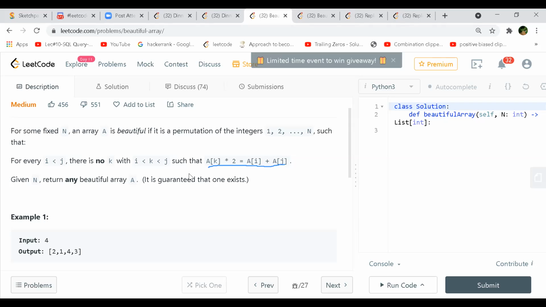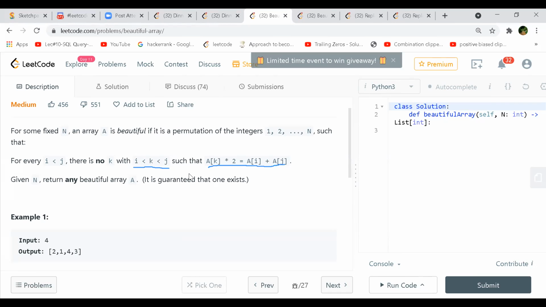Every case, So also you look for this k, these two things. Your k should not be between i and j, if this condition is satisfied. If you are able to avoid that, then you're done. You don't have to worry about anything else. So how do you do that? That whole implementation is the way Shashank was doing. So overall, you have to remove the event triplets, if you can think like that.